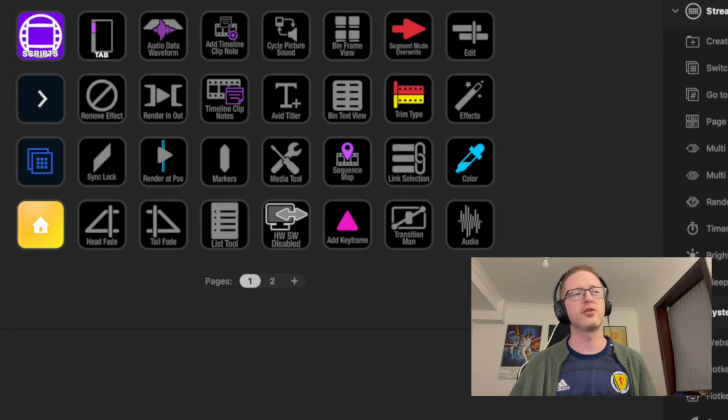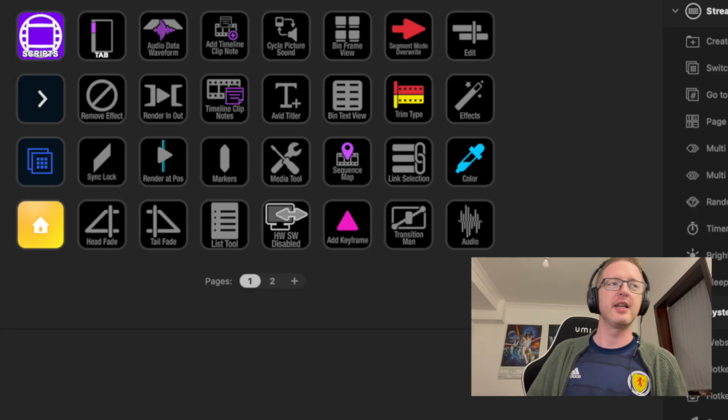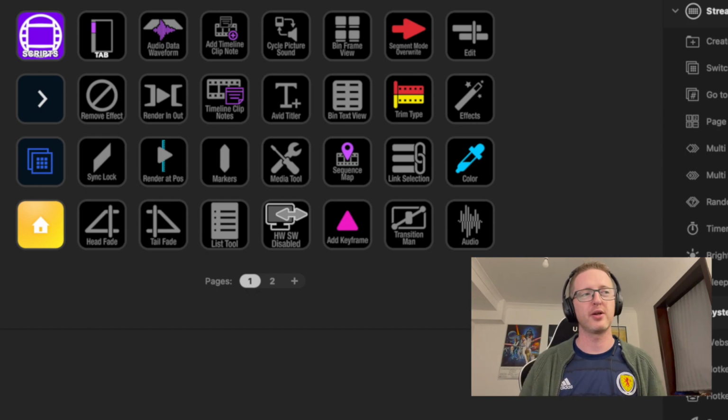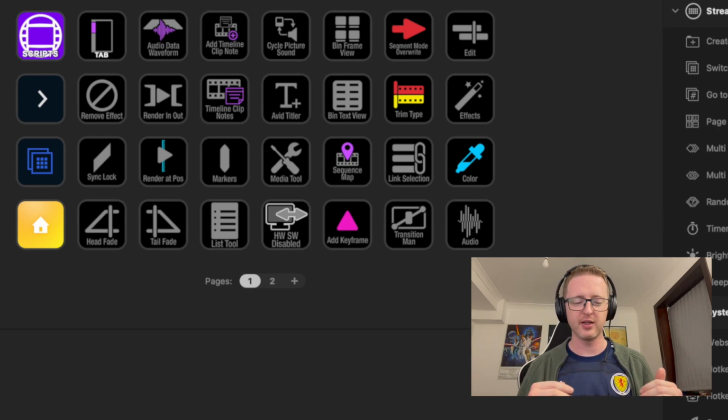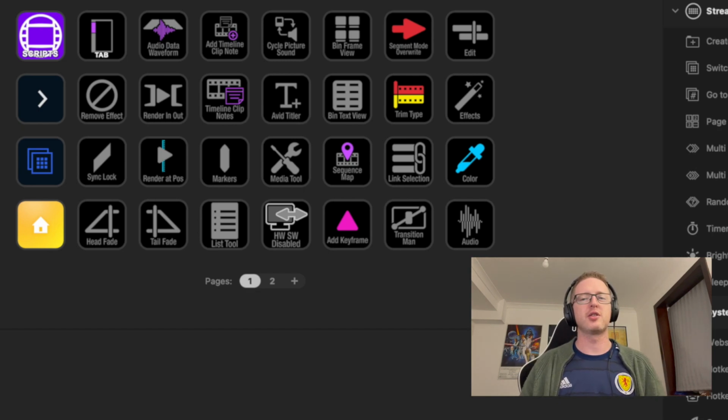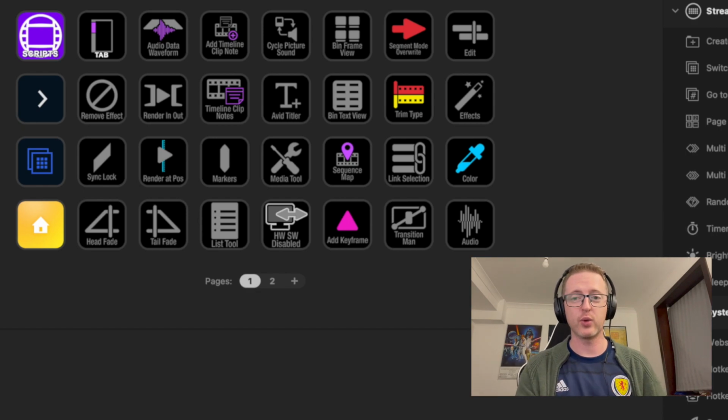So this also launches whenever I launch Avid, and each one of these buttons is one that I've personally set up, since my Avid keyboard layout is highly customized, and the vast majority of the keys that I use most of the time, and the functions that I go to most often, are on my keyboard. I definitely do use my keyboard the most, but there's a lot of functions that I would like to have available to me very quickly without going to menus or doing any extra clicking,